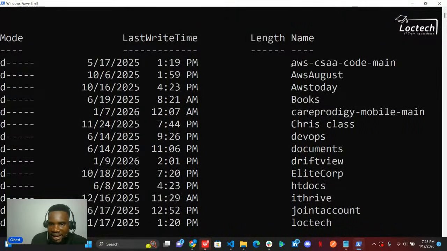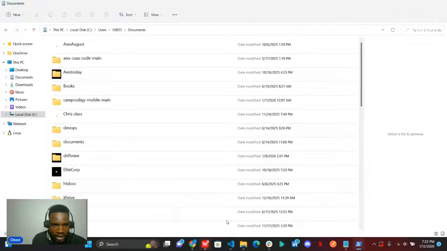In Documents, I can find folders like AWS CSAA code main, AWS August, AWS Today, books. Let's confirm that. I'll move over to my file manager. I'm in Documents. I have folders like AWS August, AWS CSAA code main, the same folders I have here. I'm finding them here also. That means I am in the right path.